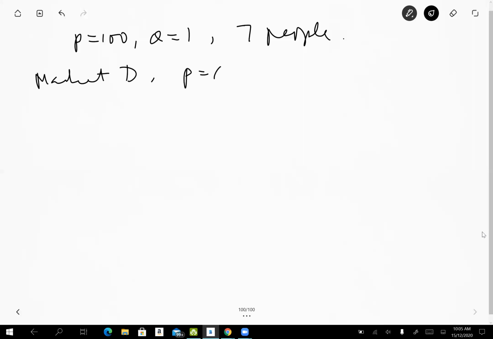So you have here the price equal to 100, Q equal to 1, and there are 7 people. Everybody has the same identical demand function. So you want to get the market demand when the price equals 100. What is the total Q demanded when the price is equal to 100? 7, sir. Then Q demanded is equal to how much? 7. Okay? Because you sum quantities at the same price.